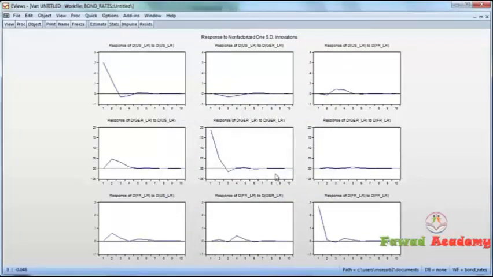And what you can now see is basically the following. Firstly, you can see that we have clearly positive effects in the own countries. So in the US to shocks in the US, in Germany to shocks in Germany, and in France to shocks in France. That's not surprising. And you can see that all off-diagonal impulse response functions start at 0. And of course that is imposed because we said we assume there is no contemporaneous correlation. There's no correlation between the residuals, so by definition there's no response of the German market to shocks in the